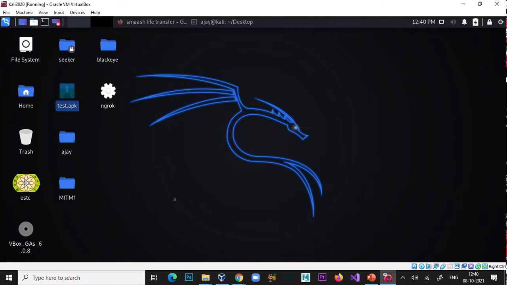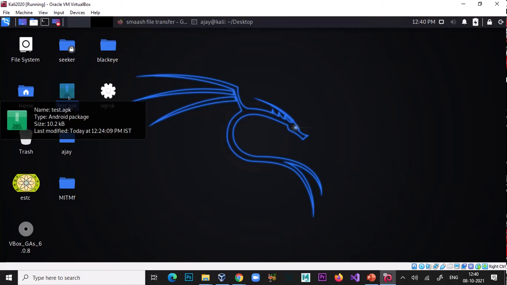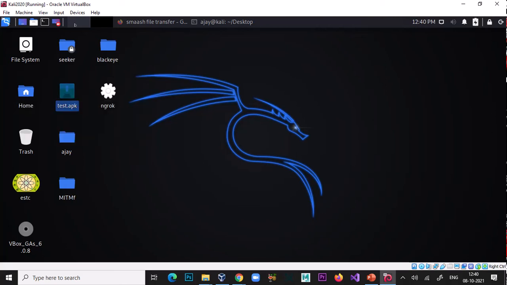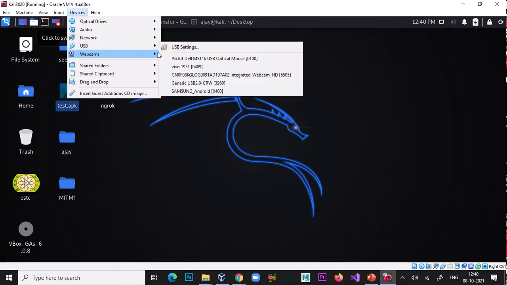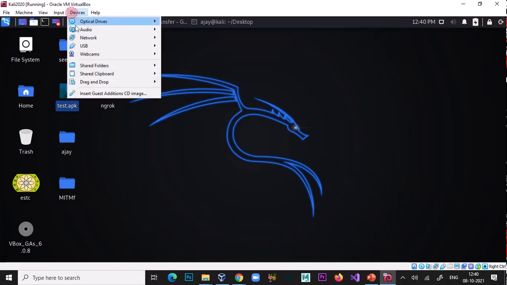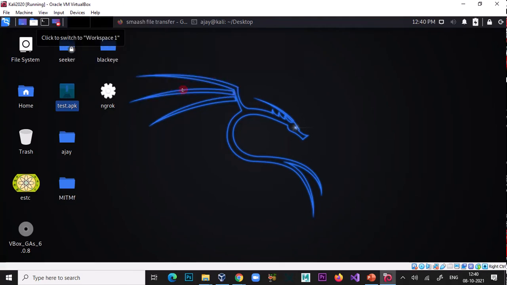So everything is ready, but we are facing a problem installing that APK on the phone. Is there any antivirus that is actually interfering? No. But there is a problem with Samsung phones and Kali Linux.